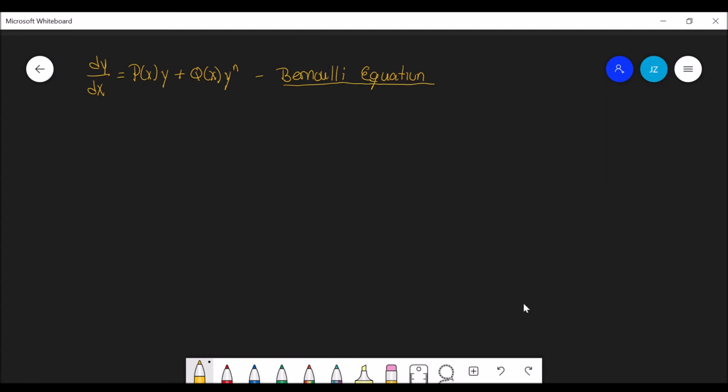Now, for the cases n equals 0 and n equals 1, we can clearly see that the Bernoulli equation is linear. For any value of n that's not 0 or 1,